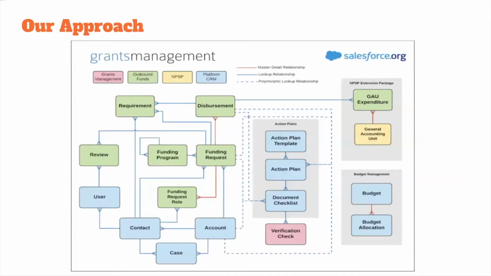At 110 Consulting, we recommend the customers to implement outbound funds module as a part of phase 1 and then extend it to guest users or grantees, which becomes the grants management as part of phase 2. This helps building the blocks internally and then extending it to grantees or grantors. Kindly note, the grantee portal comes at an additional cost as you need to enable community licenses for your grantees.